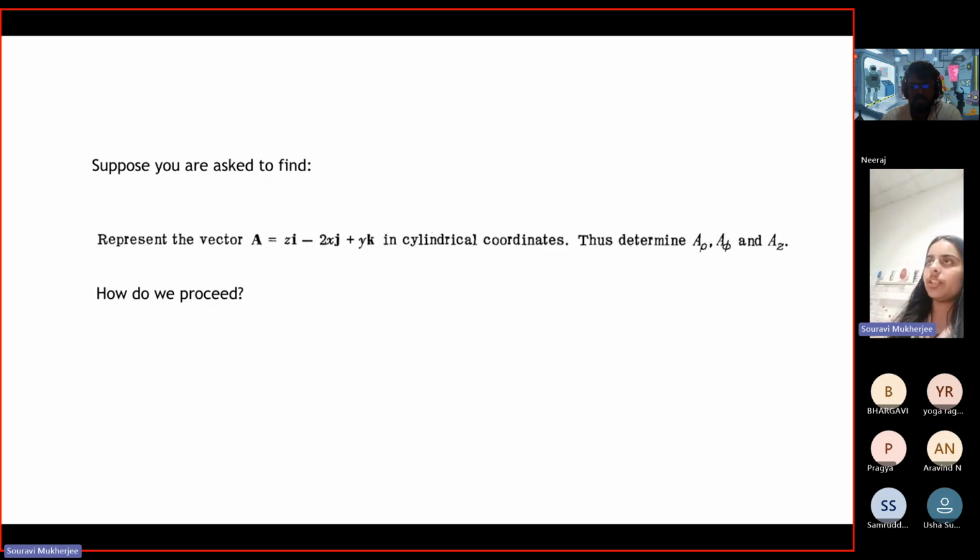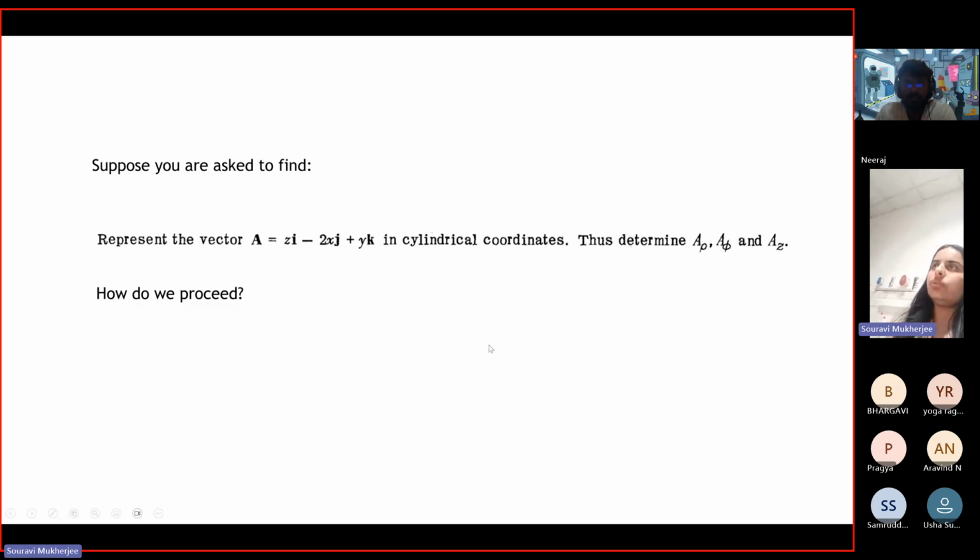You can have radial coordinates, like a spherical coordinate system in 3D. You can have a cylindrical coordinate system. So the point is, the expressions or the components of the vectors would change as we move from one coordinate system to another, right? So how do we relate that? This is one such question where you are given a vector in rectangular coordinates, and you are asked to find how it will look if we go to cylindrical coordinates, right? So you want to find the components in the cylindrical coordinates. So how do we proceed with it?